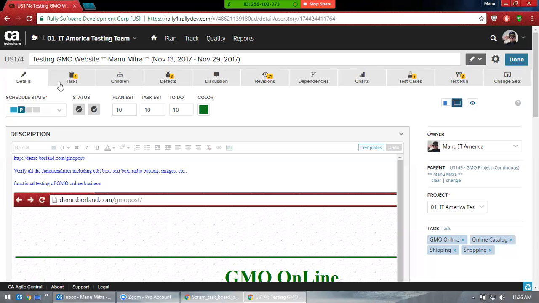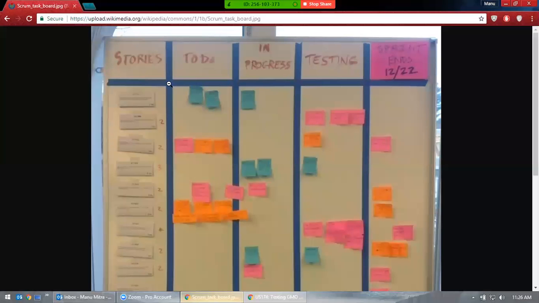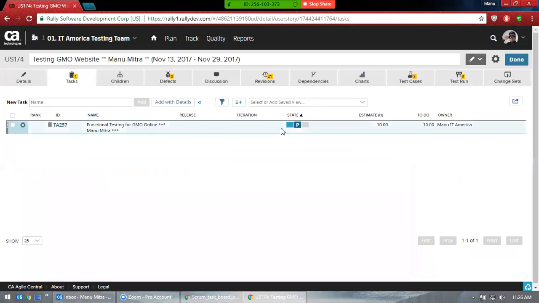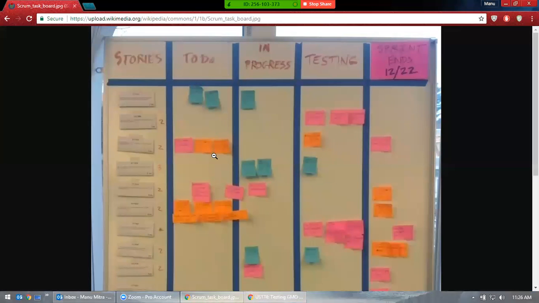So let's see here how we can use this. Just like similar, if you move this task to to do, in progress, and testing, that's how the task moves. You see this? Move to define. Once you use this, it's in define. Once you start your testing, it's in progress and then completed. So this is how you can compare to the traditional way: to do, in progress, completed your testing.